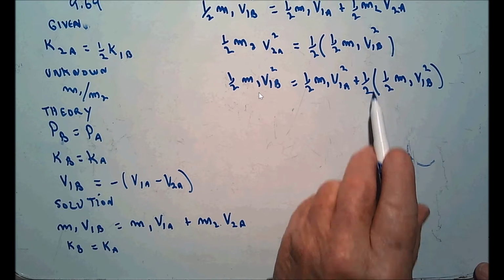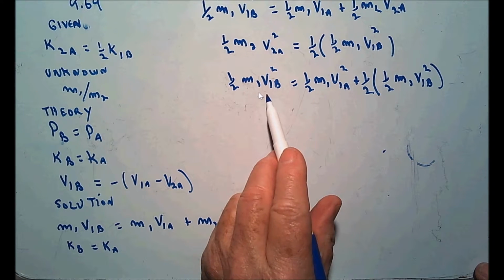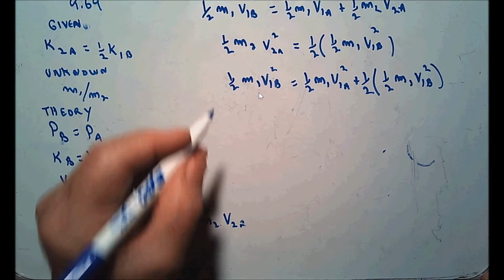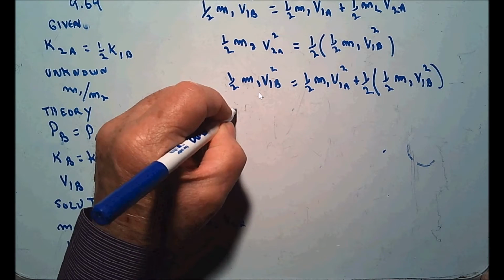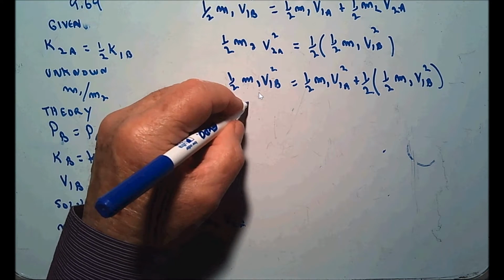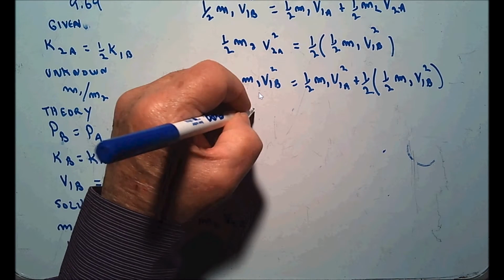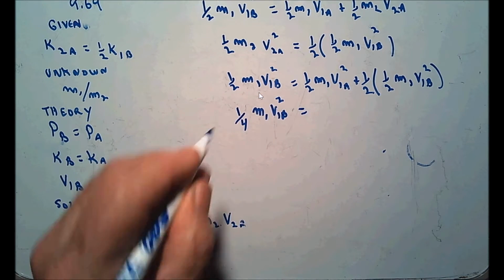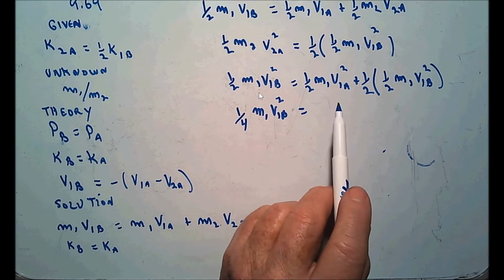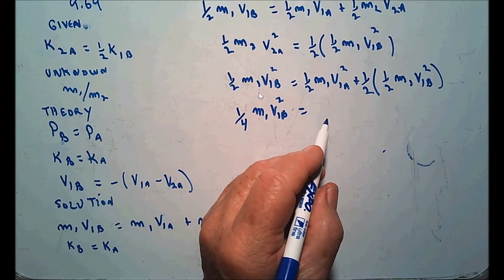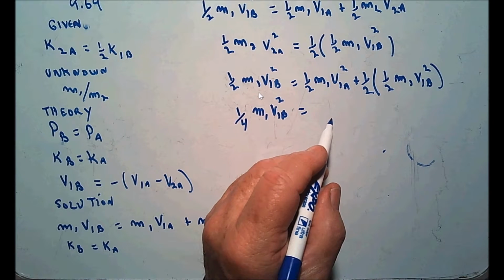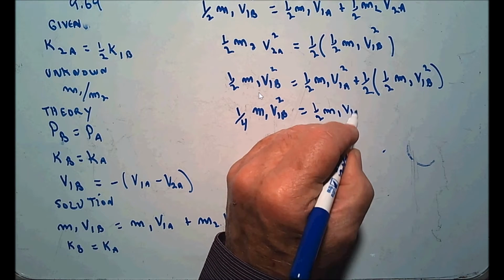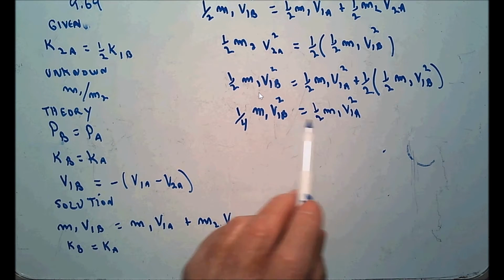When I do that and bring this 1/4 over, this is actually 1/2 of the kinetic energy before, and when I do the math right here, I get 1/4 of M1 V1 before squared equals 1/2 M1 V1 after squared. And if you solve this right here,